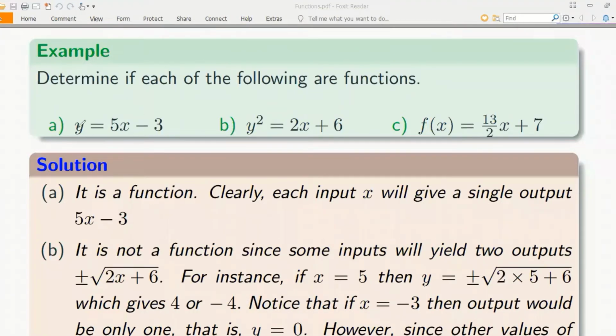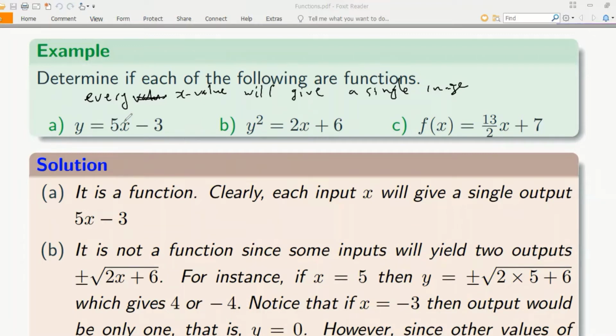To determine if this is a function, you just want to see whether, if you plug in any value of x, or every x value, you would have a single image. For instance,